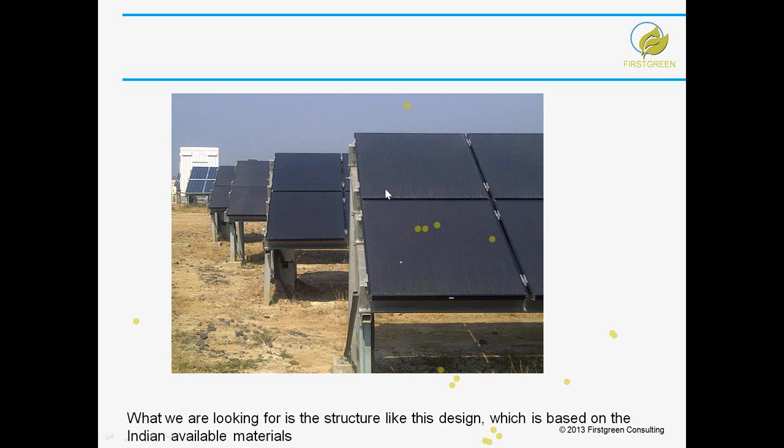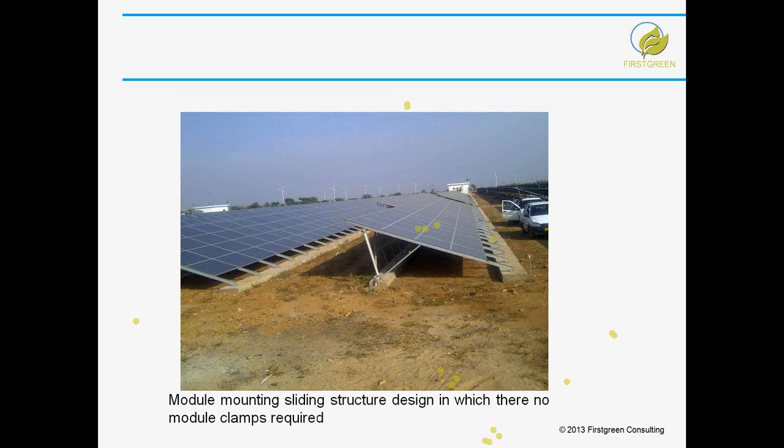For example, in this photograph you can see this is the thin film, and this array, if you see, is a crystalline module. So managing that becomes a tedious issue because only your modules are changing. The rest of the things you have to manage at the same pace. At times you have to take care that if the wind speed is very high on that side, you may be keeping the tilt angle on the lower side. This will obviously reduce your generation,